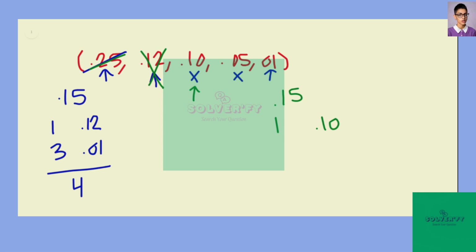And then we would move on, say, well, second dime is too much, so let's go to the nickel. Can we use a nickel? And the answer is yes. So we can use 1 nickel. And that's our 15 cents. So that created 2 coins, right? So it's half the number of coins than without